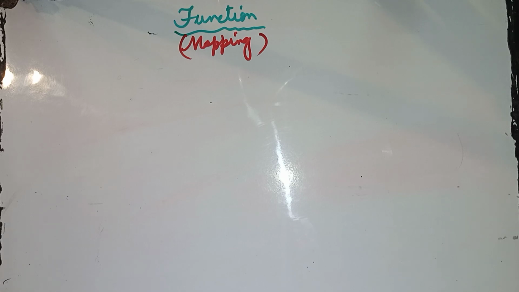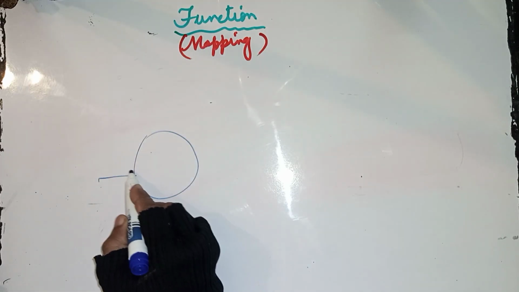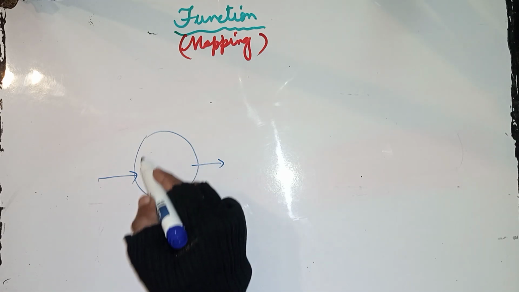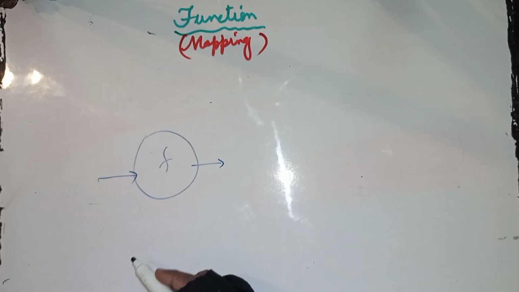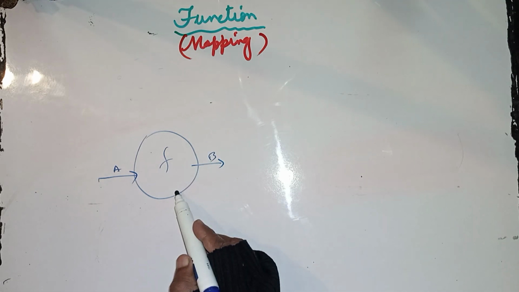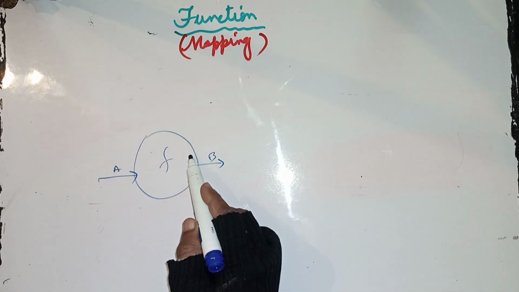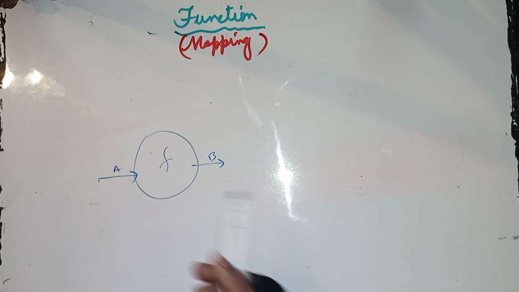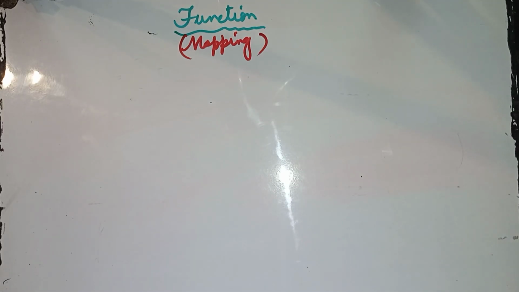Now, if as a layperson I say, it's an operation or number of operations which changes one thing to another thing. In other words, this is input, this is output, this is the function which changes something into another thing. This operation or number of operations is called a function. As a layperson, now we clear this concept